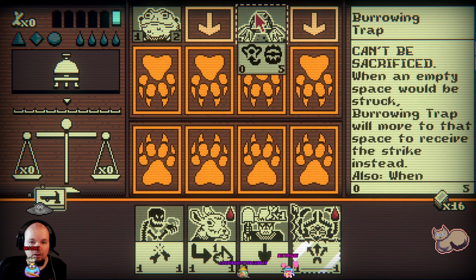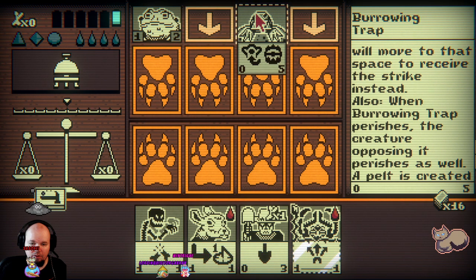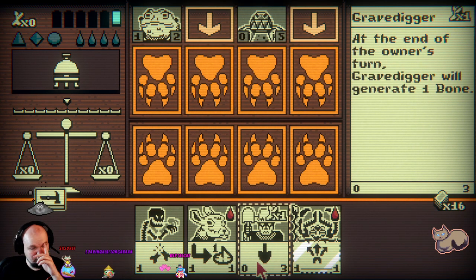What the fuck is this? Burrowing trap can't be sacrificed. When an empty space will be struck, the burrowing trap will move to that space to receive the strike. Also, when burrowing trap perishes, the creature opposing it perishes as well. Uphold is created in your hand. Okay, that's one of that shit. Okay, well,